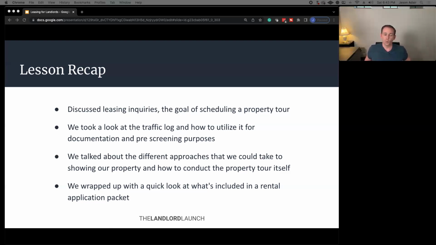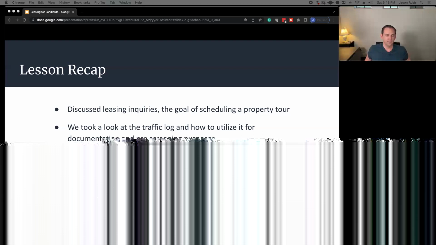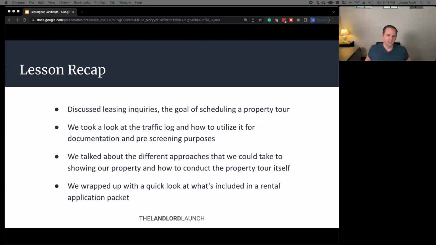Again, we talked about those leasing inquiries. We talked about what the goal of those leasing inquiries is, which is to schedule a property tour. We looked at different tools like the traffic log and some of the ways we can document that to give us a good tool to follow, but also keep us out of fair housing trouble and do some pre-screening along the way. We talked about different ways we can conduct property tours, some of the pros and cons of each, and how we can utilize them based on the situation. And then we took a quick look at that rental application packet, which is going to set us up perfectly as we move into the screening process